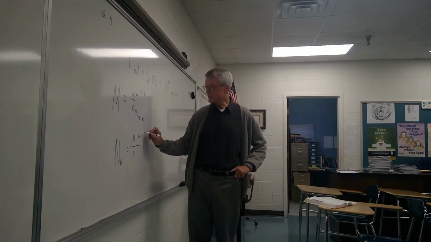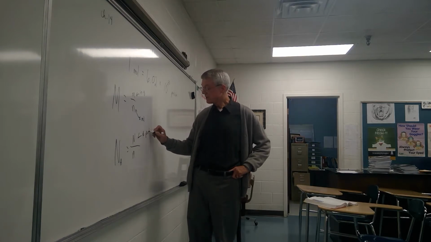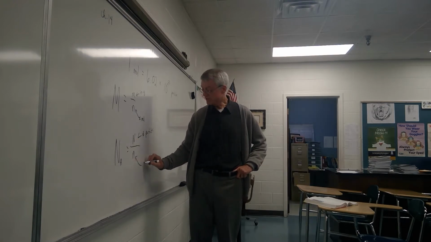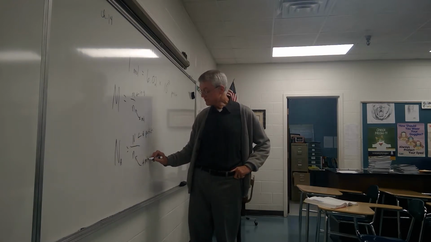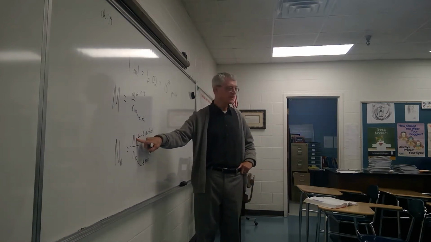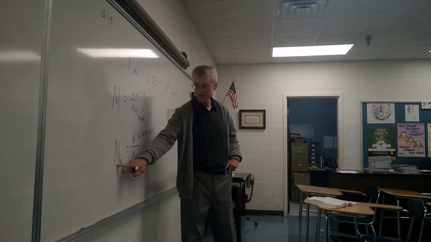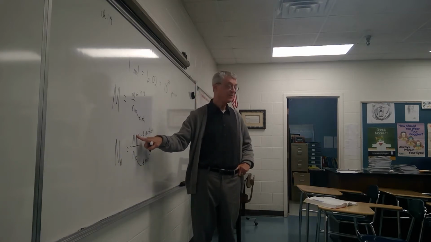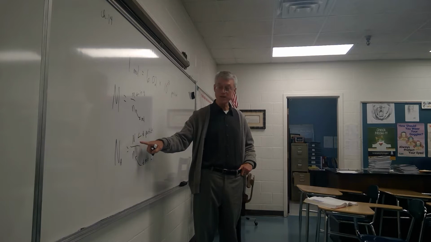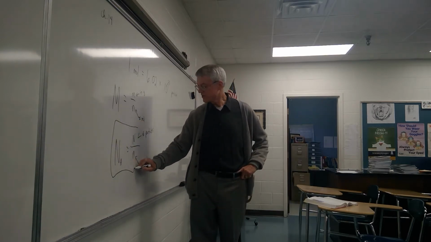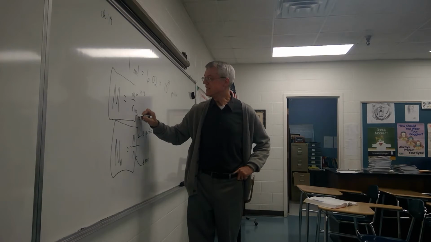This again is the number of particles, like the actual number of atoms in something, and this would be the number of moles. So you're not likely to really know how many atoms are in something, so chances are this big N is what you don't know. You do know Avogadro's number, so if you know how many moles of a substance you have, you can use that to calculate how many molecules. If you say I've got 3 moles of water, you can actually calculate how many molecules that is. Okay, so these 2 equations are things that you're likely to need,